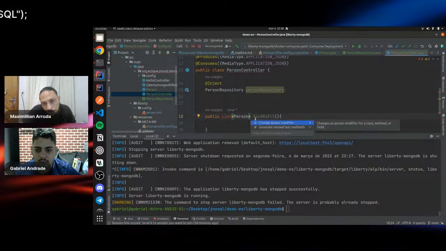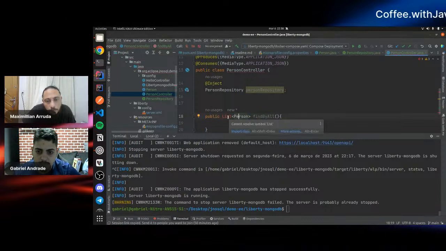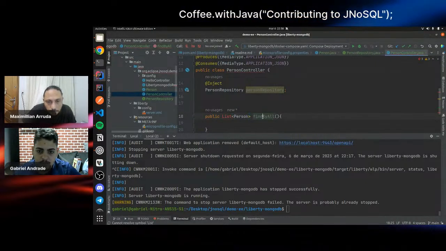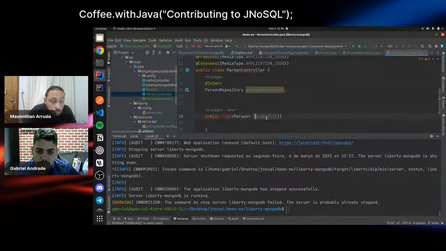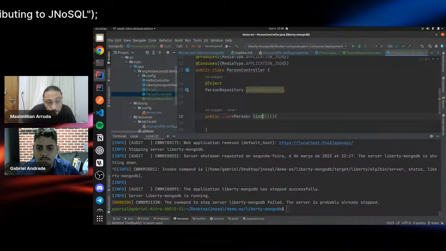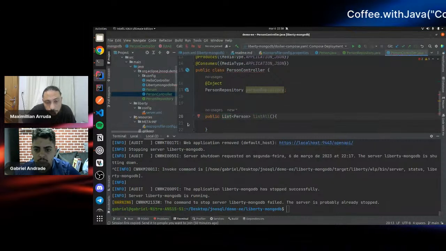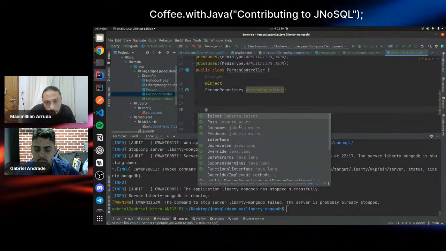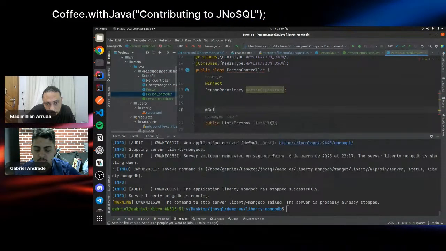Find all or list all is a good one. Well, it doesn't matter because we will annotate this method with the GET annotation, which will transform this method into a GET handler. Yes, this one.